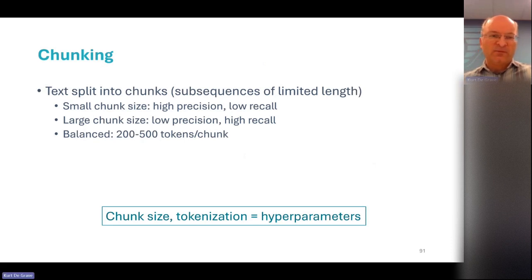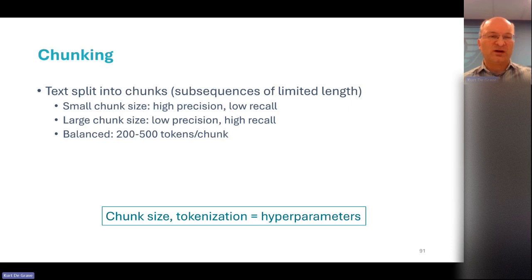So for chunking, this is a hyperparameter typically. You have a fairly short token sequence of a few hundred tokens typically, but this really depends on the application a bit, what is appropriate. If it's too small, then you have too little context to answer a query, then it won't help.